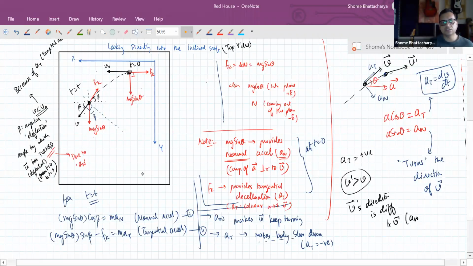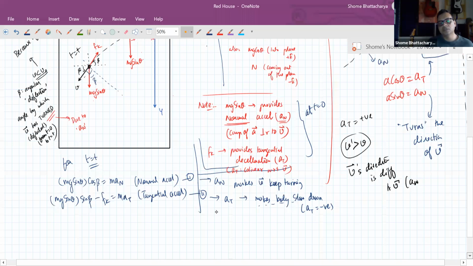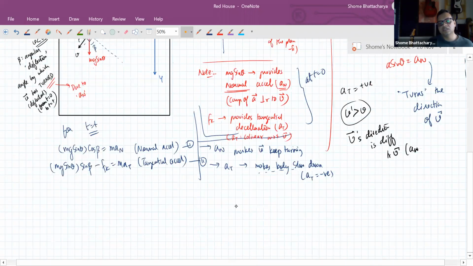Okay, so this equation now will tell us that, firstly, the kinetic friction, which is mu N, is equal to tan theta into mg cos theta. So it was equal to mg sin theta. So this equation converts to